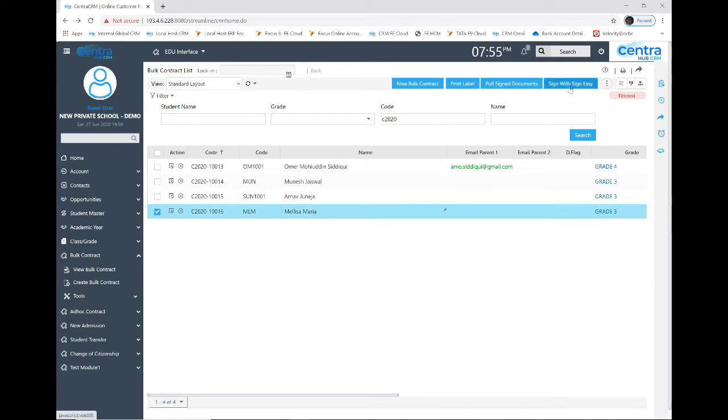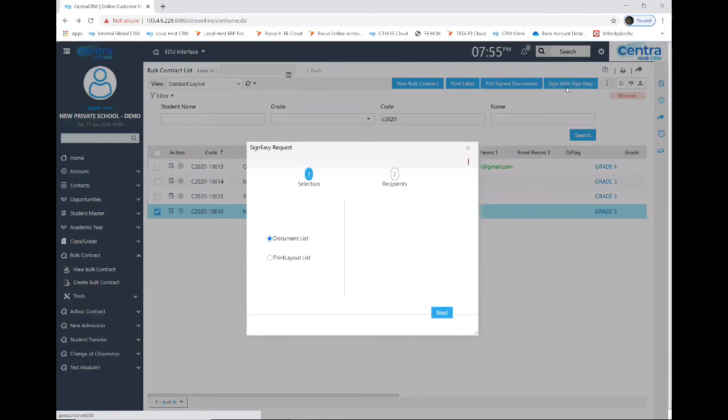Let's say I want to use the sign with SignEasy app. So we click on this. The moment I click on it, it opens up a dialog box which gives me a document list as well as a print layout list. So for now, I'm using print layout. So here you have a list of print layouts, which could be